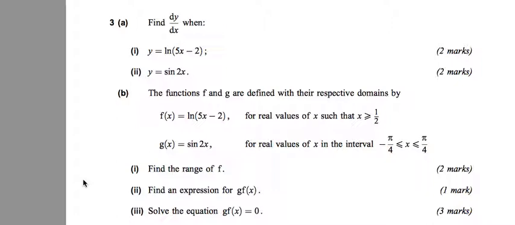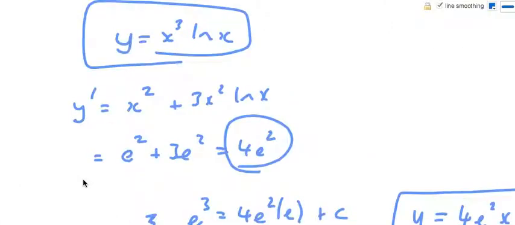Yeah, so that's it really, isn't it? Find the expression for that, so it's going to be g of f, put f in g, so sine 2 log 5x minus 2, that's it, a mark. Solve the equation, so equate to 0. So sine 2 log all that stuff equals 0, that implies that